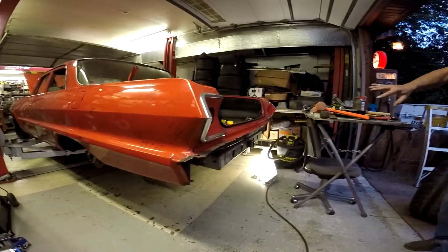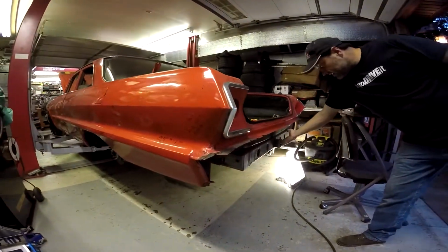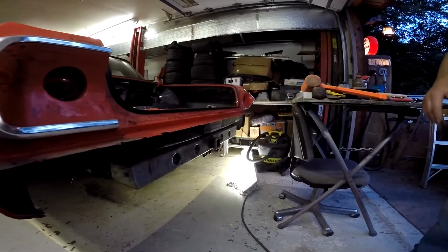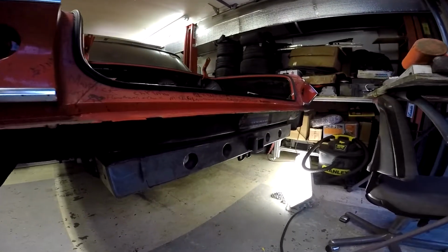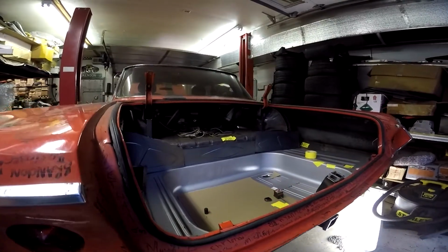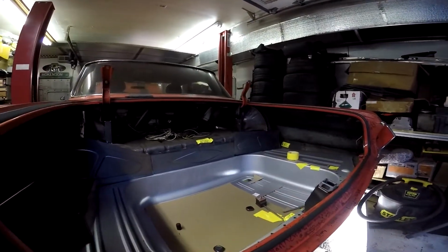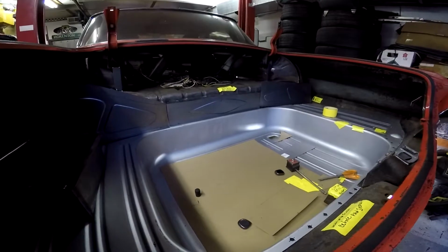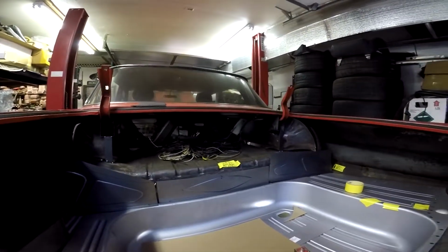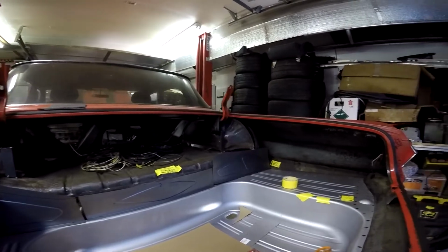You'll notice we have our trailer hitch on here, a hidden hitch. We did a bunch of frame modifications to that. We're also redoing the whole inside of the trunk and the wheel wells and everything right now. A lot of bead roller work is going to happen on the inside of the wheel wells and the inside of the trunk area. Now we have to put our whole air ride system in it,